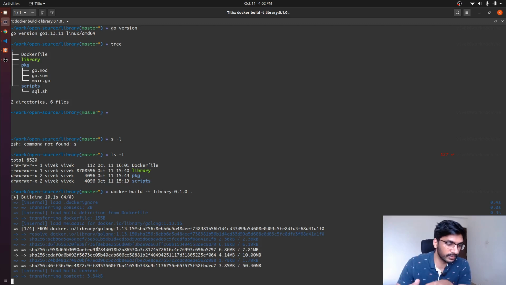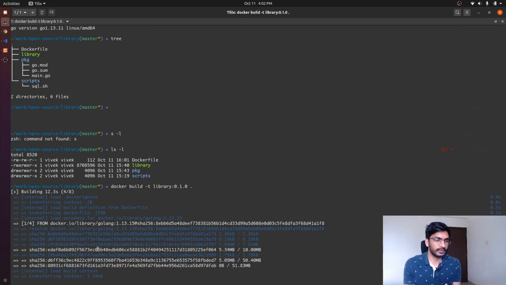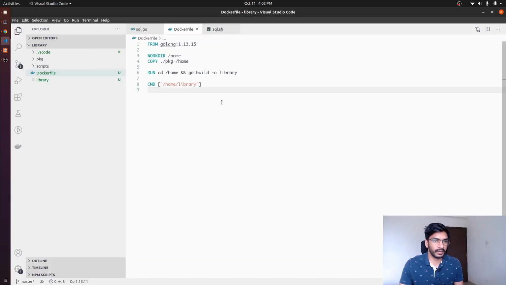So what this command is doing is using the Dockerfile that we have here and creating an image out of it, and later we can create separate containers from that image, right?